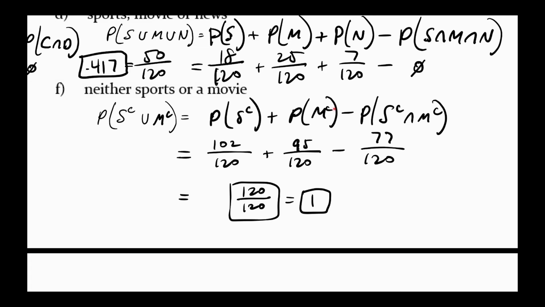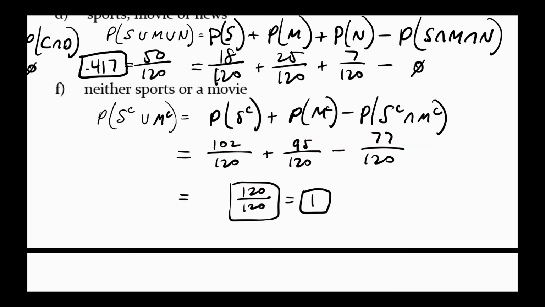Okay. And then over here you add it up with all of the not movies, because it's neither, right? So there are 95 of them that aren't movies. And then the last thing is there's some overlap. There are some that are in both. The overlap is not a sports program and also not a movie program. So you count up all of the ones that are not sports and also not movies, everything else besides sports and movies. That's why I got that number. So then you add the first two, subtract 77, and you get 120 out of 120, which is one whole,